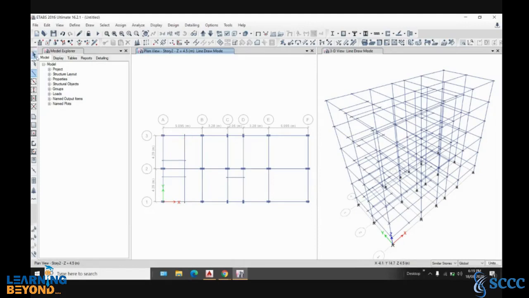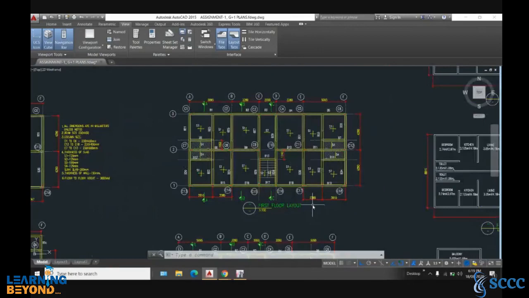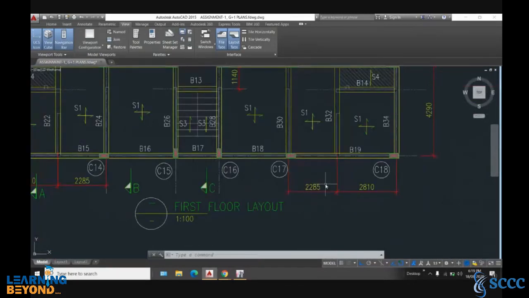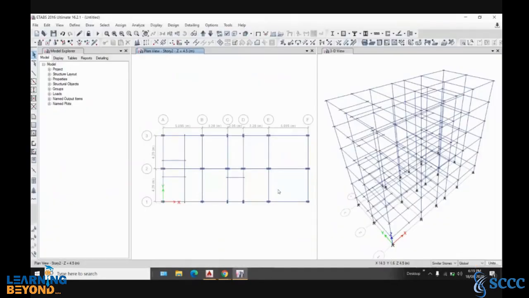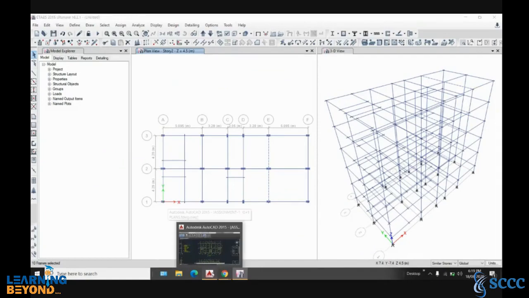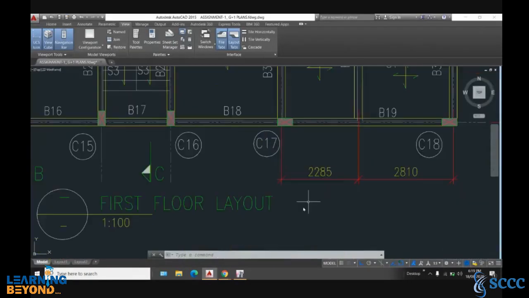Now here you can draw that beam. So go there and see the distance is, let's say, 2285. So what we'll do is select this, and it is 2285.